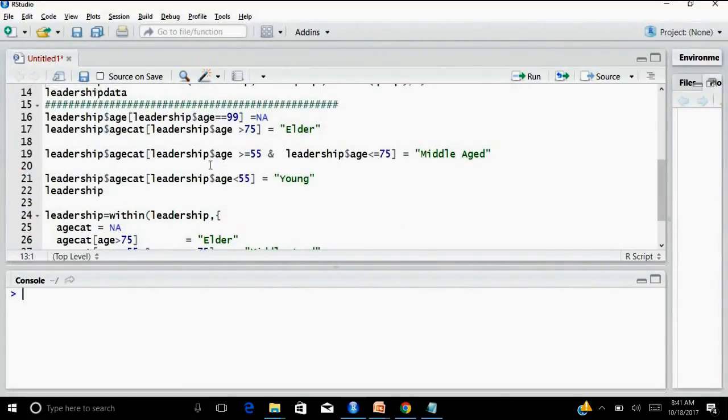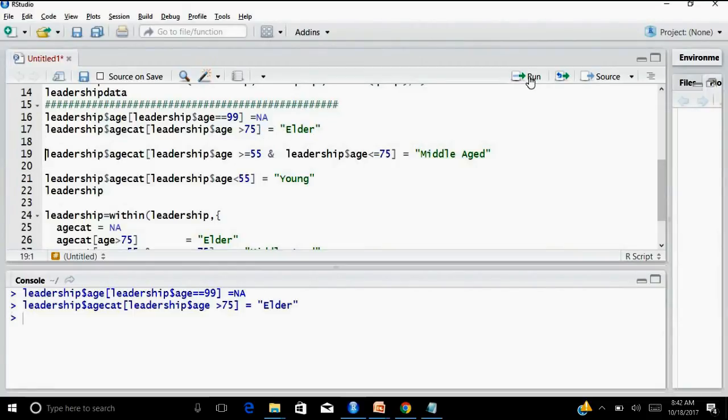First, this is the data frame, leadership, age, and then I put the square brackets, $age double equals 99. I am naming it as NA. Run it. Then I have leadership$age_cat square brackets, leadership$age greater than 75. I'm naming it as elder.